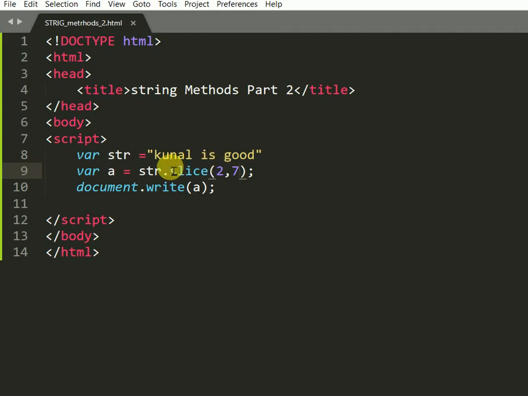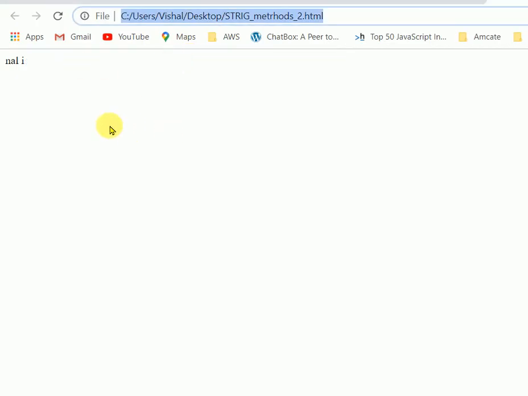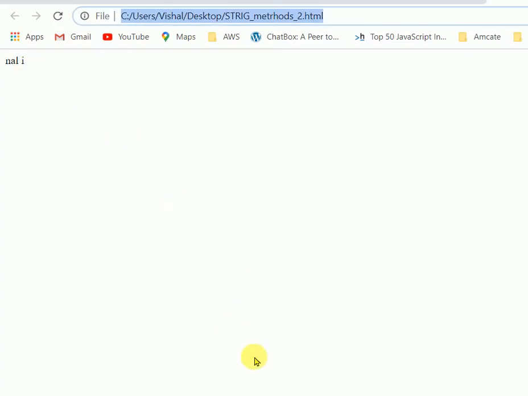It starts at n and finishes before s. Actually it will print up to less than 7. So we got i in our output.